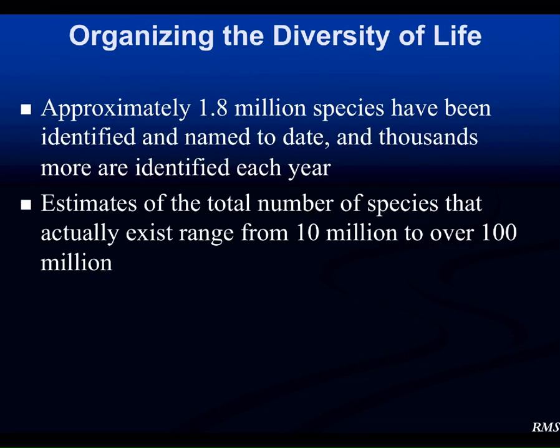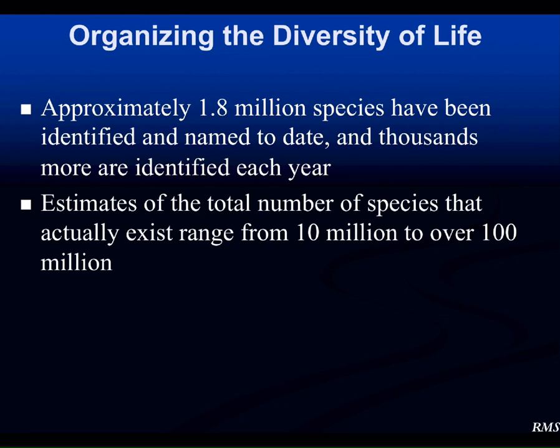When we look at biodiversity on our planet, which is the number of different species over given areas, there are approximately 1.8 million species that have been identified and named to date by scientists. The thing about that is that thousands of species are discovered every single year. There have been years where the number of new species ranged between 18 and 35,000, which is amazing to think about because I think most people tend to believe that we know every nook and cranny of our planet, but that's just not true.